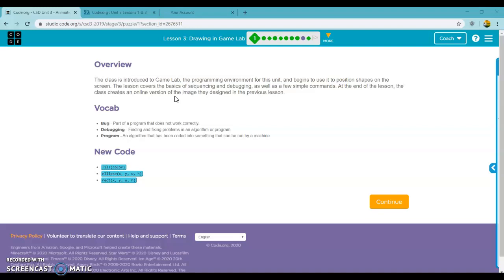It's going to cover some of the basics of sequencing, so setting your blocks up in a sequence or layer to make sure that certain blocks are in front or behind of other blocks, as well as debugging. You can see the definition of those. Debugging is finding and fixing problems or bugs, as you can see here,